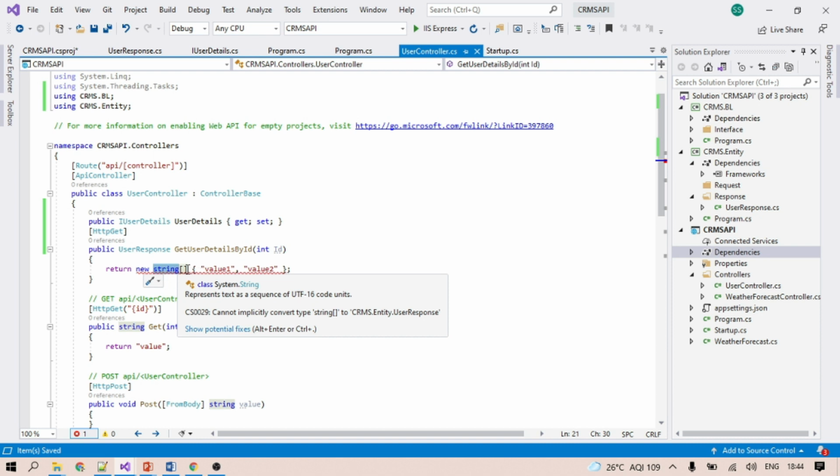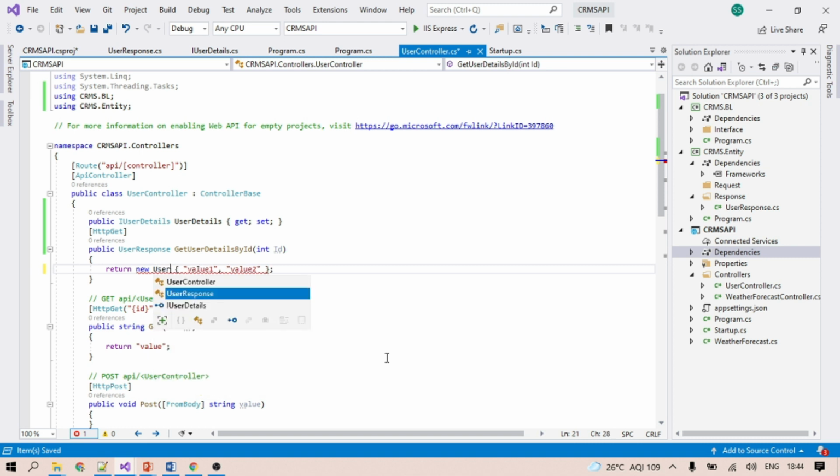So what can we do? We can also put here a new user response type. This time we can give hard coded values.